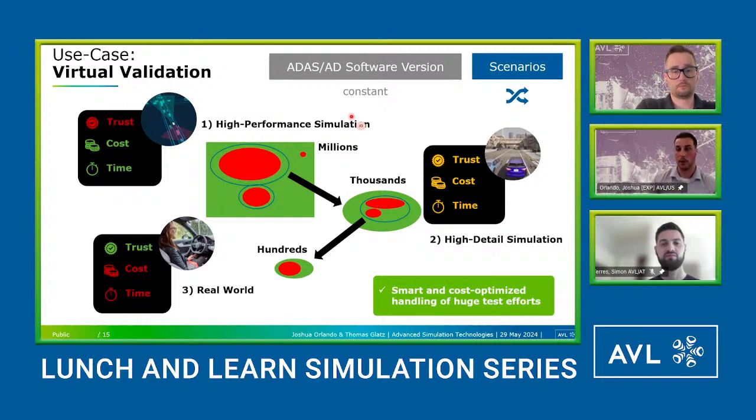As you take this multi-pillar approach towards the different levels of fidelity in your simulation tool chain, you start to drop into the thousands, a higher detailed simulation. Maybe you have a high fidelity vehicle dynamics model integrated, and then you move towards real world testing in which you have high fidelity sensor models as well as vehicle dynamics models. You lose the efficiency and rapid execution of scenarios. However, that's all about right sizing, and it gives you the flexibility and modularity to choose the simulation tool chain versus the task at hand.